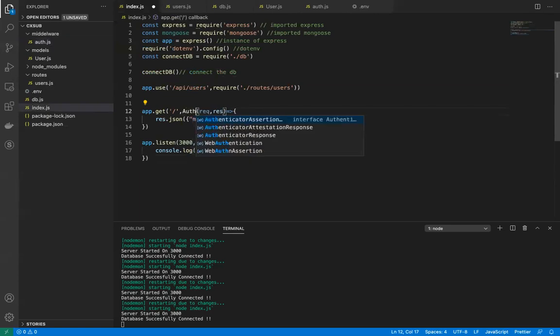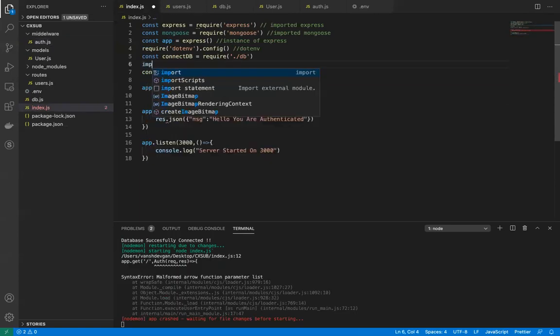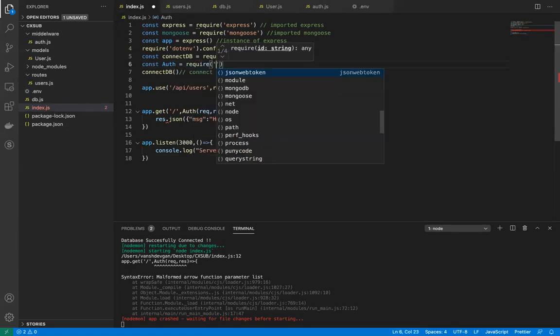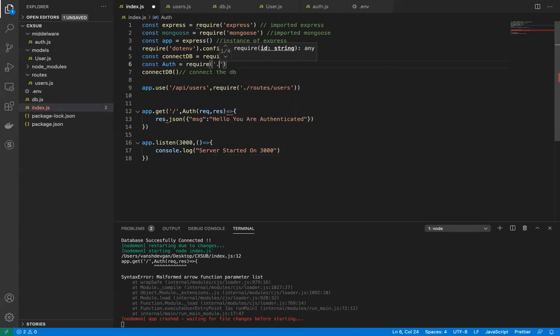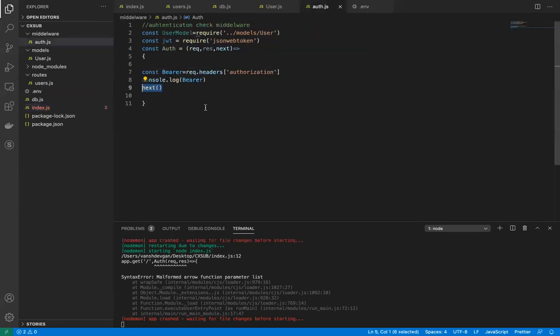If I add this auth over here and import it, let me write it correctly, not import, let me use const auth equal to require, and in this require I am going to import that middleware from the middleware folder, auth.js.